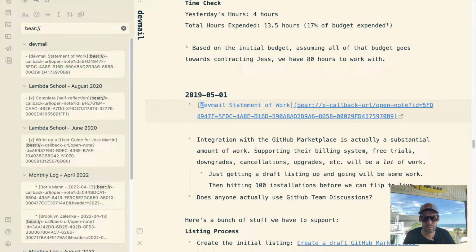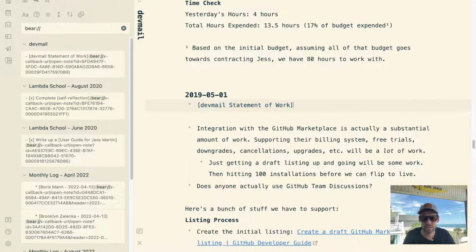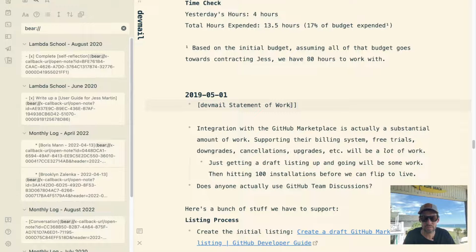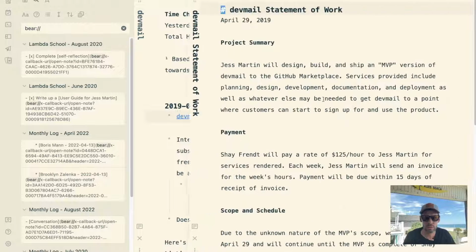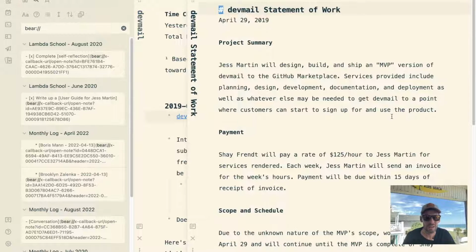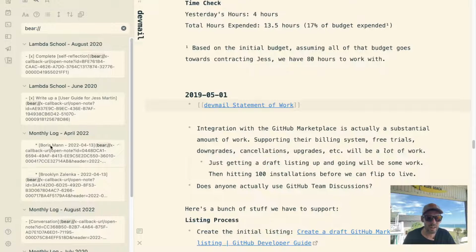Whoa, my Vim shortcuts are not working the way I expect. So we'll do it without Vim for now. Delete these and add some double brackets around that and save. And now this should link over to the DevMel statement of work, which it does. Cool. All right, close that up.